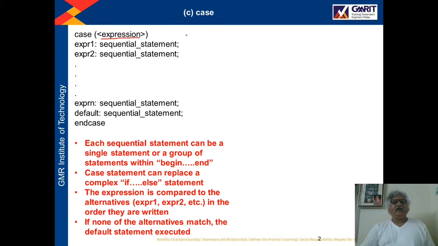So that was the case of discrete type. Now depending upon the value of the expression, any one of the conditions will be met and a particular set of sequential statements will be executed.